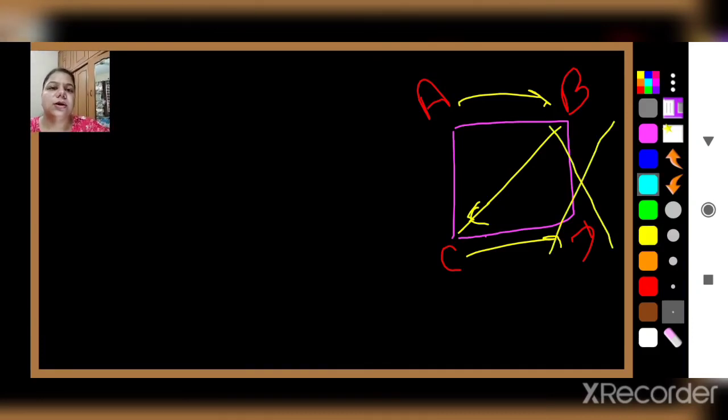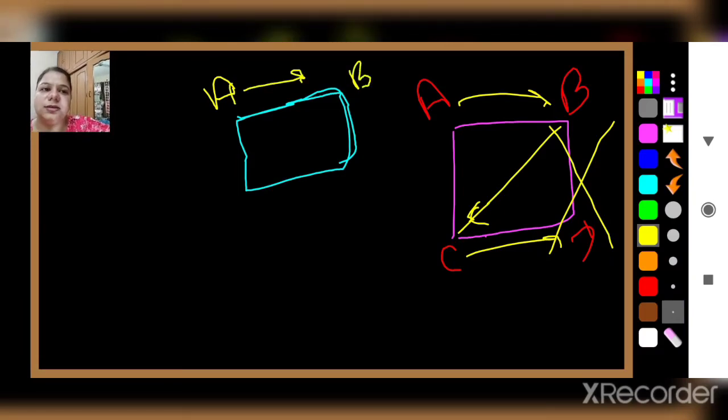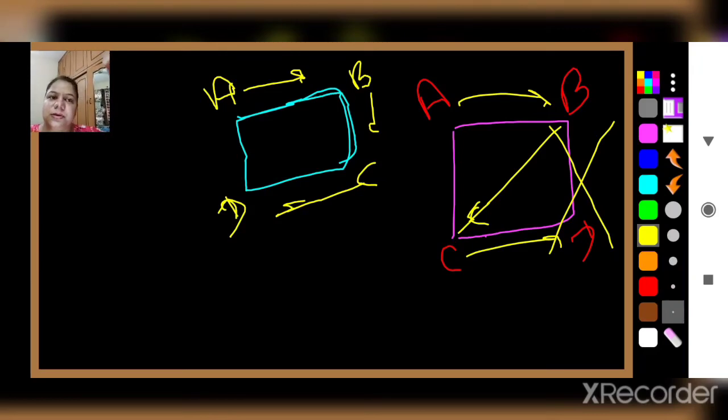I am going to draw a quadrilateral again. If this is the quadrilateral ABCD I have drawn, how am I going to give it the name ABCD? I have to go side to side. In cyclic order I have to write the name A, B, then C, and then D. Otherwise, I can give the name in the anti-clockwise direction also, but I have to go from side to side. I must not move diagonally.